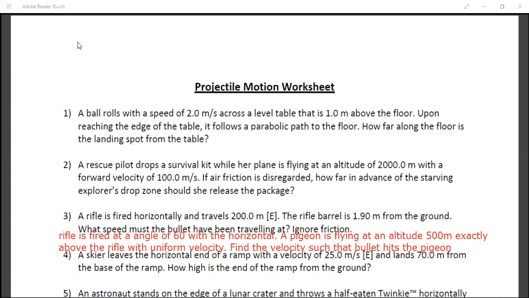Sir, what I was thinking is that if we know the speed of the bullet, then we can use h equals u squared sine squared theta by 2g. So 500 is equal to u squared, and sine squared theta for 60 degrees gives 3 by 4. But I'm not able to find the speed of the bullet. Using the same formula, all I'm able to find out is the horizontal speed of the bullet is 168.